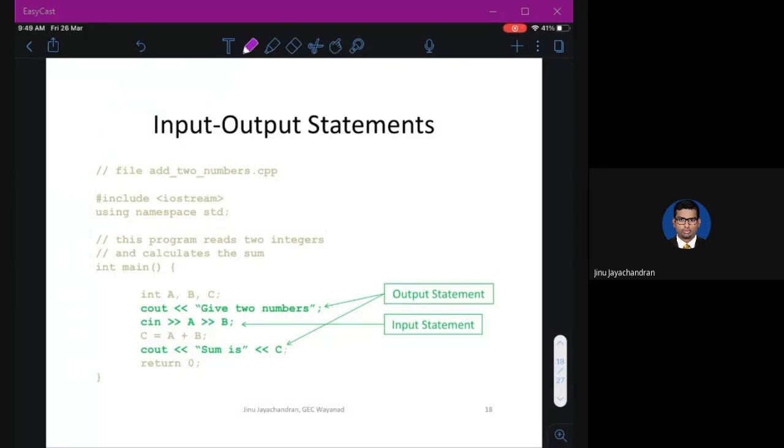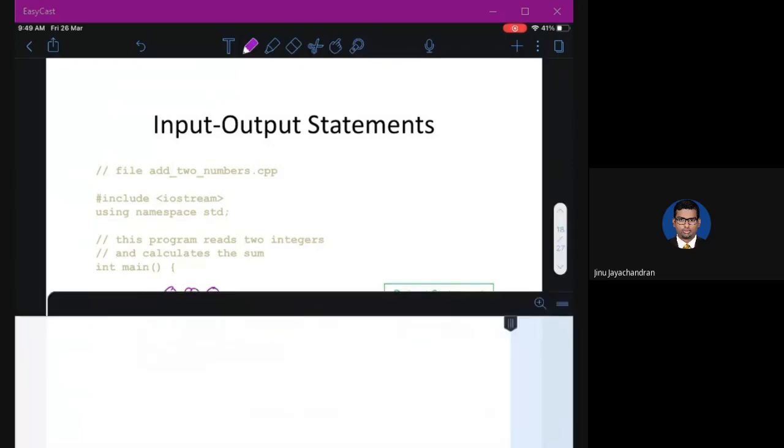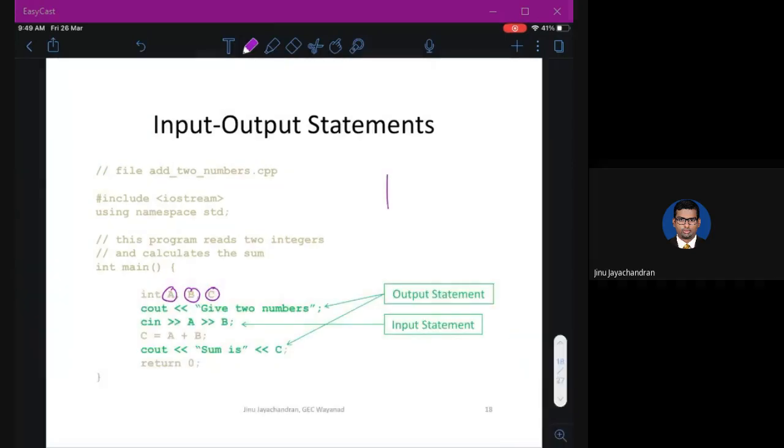Input output statements. Now we saw that A, B, and C are declared. When you declare these variables, your machine has RAM, random access memory. When you run a program, the operating system allocates a particular section of RAM to your program.